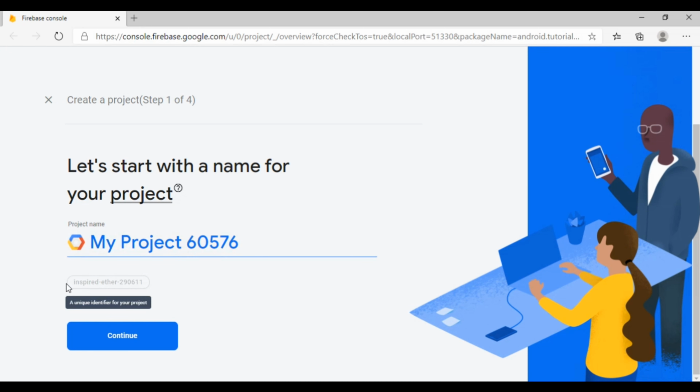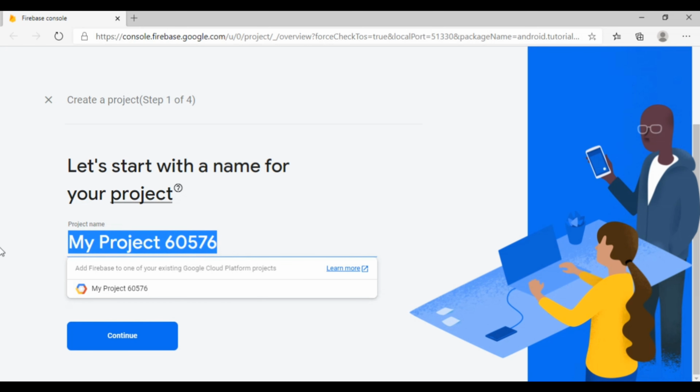Then click on this. You will get this email ID, unique ID. So here we are writing wallpaper app. So we got our ID and then tap on continue.